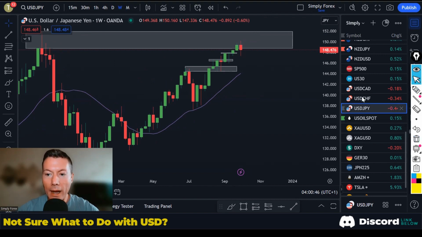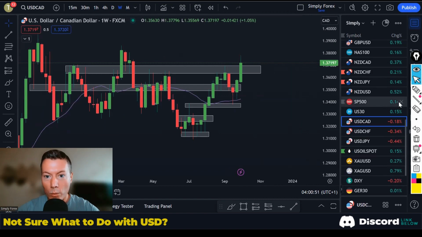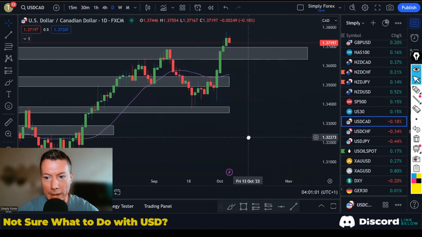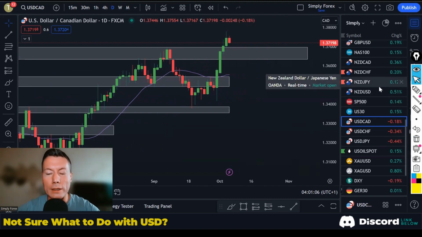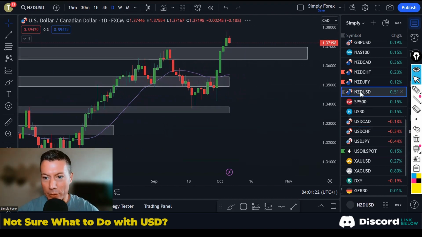But then there's other pairs like US dollar Canadian dollar, where price is so far breaking through these weekly levels. If we go to the day chart, it's breaking through these levels. Also, this is interesting as well. So I would sell Aussie dollar US dollar, and I would buy New Zealand dollar US dollar. So if that's your thinking, something's not right. Look, if we look at New Zealand US dollar,